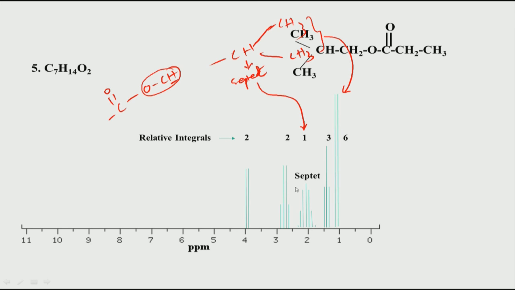So, remember, always, if you see a septet in your spectrum, it automatically means an isopropyl group is most likely present. Of course, this is not the final confirmation; one has to first build a structure and then figure it out. But most likely, 90% of the time, it is because of this particular moiety that you are getting a septet. If you expect this moiety, then you should also expect a doublet of intensity 6. Then you have the CH2 which is attached to oxygen, and because of this the CH2 comes downfield, and because this hydrogen is coupled to only one hydrogen, it is a doublet.